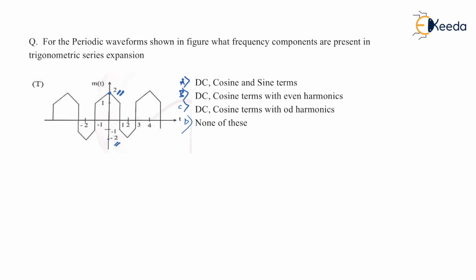So in fact, this is a half wave symmetry signal by observation. It is a half wave symmetry signal, because if you shift this thing upward, then it will look like this, and you can fit it to the left hand side also, and you can keep it on the right hand side also. It is going to fit well on the shifted one. So definitely it is a half wave symmetry signal, and also by observation it is an even signal. So it is half wave symmetry plus even signal.